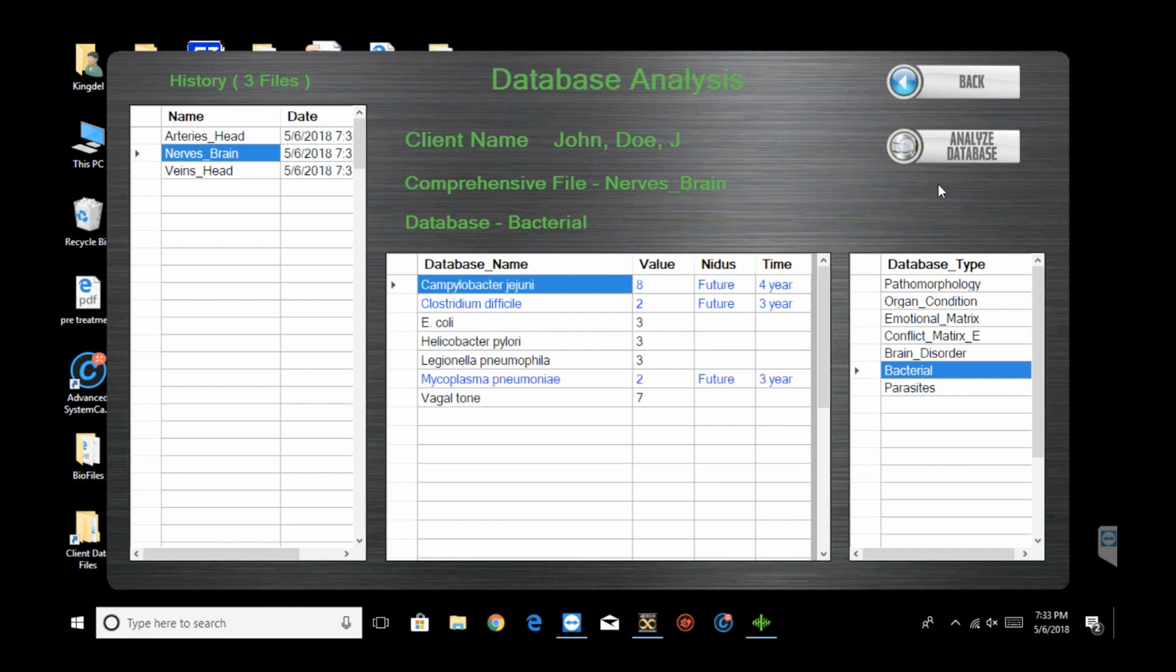Blue would be future, kind of saying, hey, potentially on this path